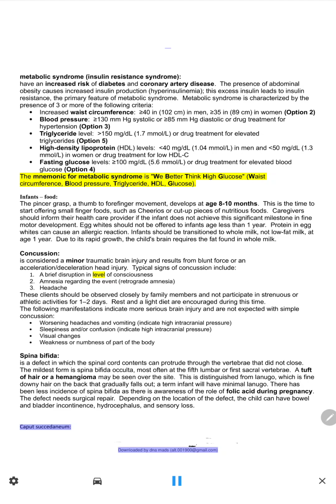Caput succedaneum, downloaded by DNA Mads, alt.001900@gmail.com, Lomoarch PSD,